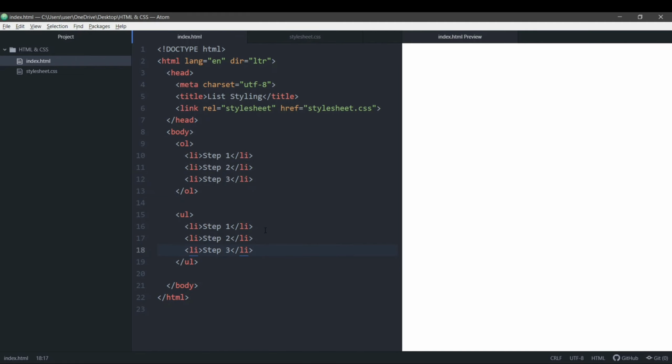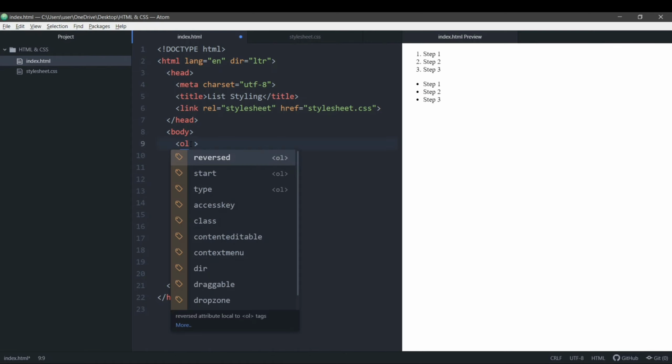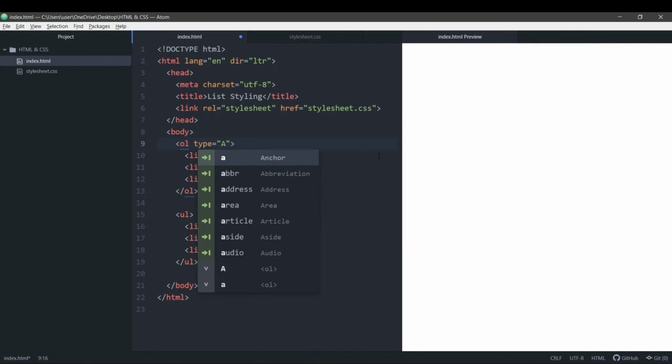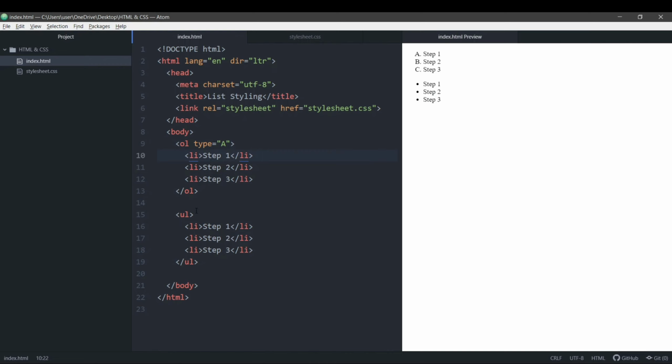We'll save it. Now in the HTML part we saw how to add a style attribute here or change the type here by just using type and whatever we want. We saw this, how to do this, right? And again in UL also we saw that you have to enter the type attribute here, then give it equal to double quotes. Inside this write disc or circle. Let's write circle.